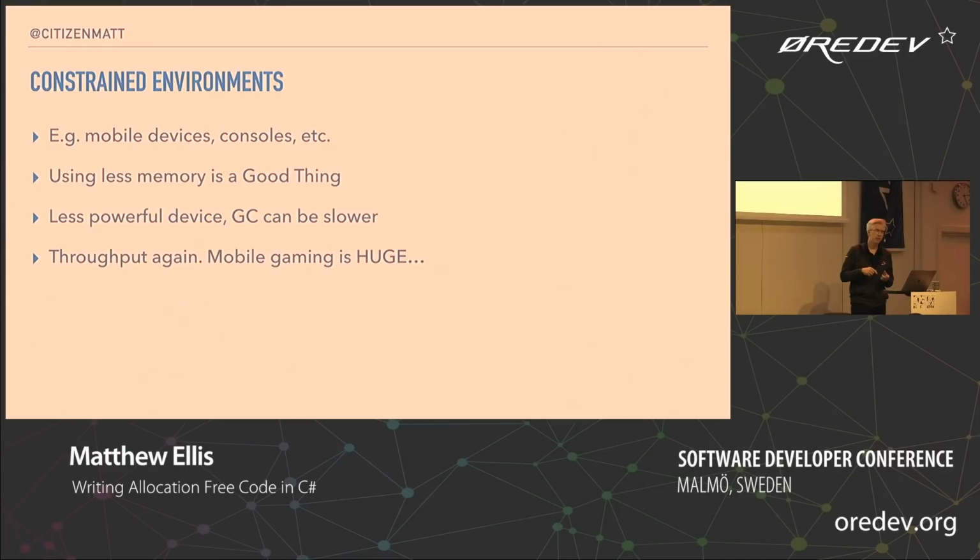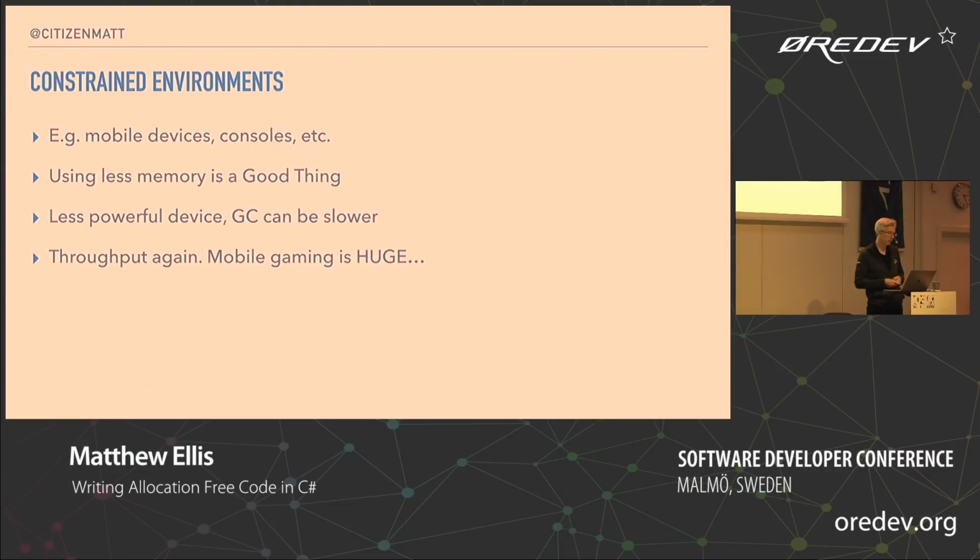It's also useful if you're ever working in a constrained environment, such as mobile devices, consoles, and so on, where you don't have as much memory as you would on a big desktop machine or on a laptop. So generally speaking, using less memory is a good thing. So you want to reduce your allocations anyway. And if you're on a less powerful device as well, your garbage collections might actually be slower. So again, by reducing the number of allocations you have fewer garbage collections, and things can then be a whole